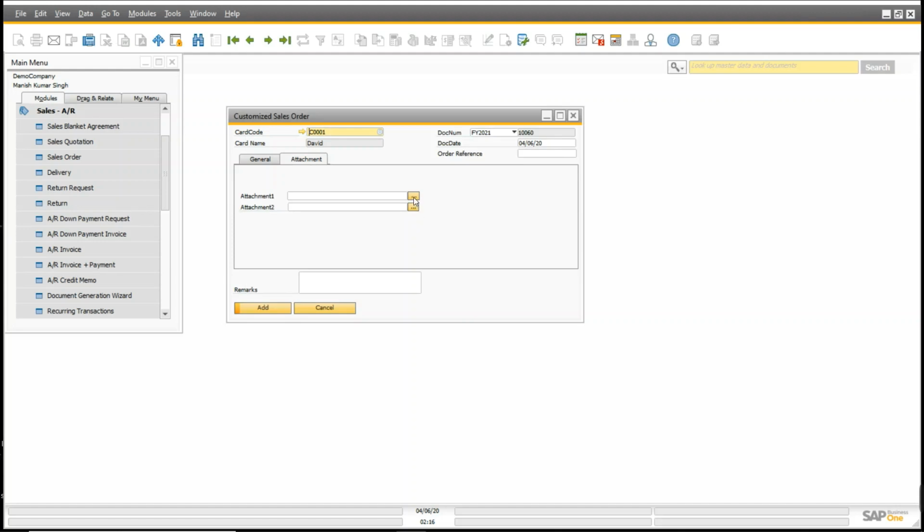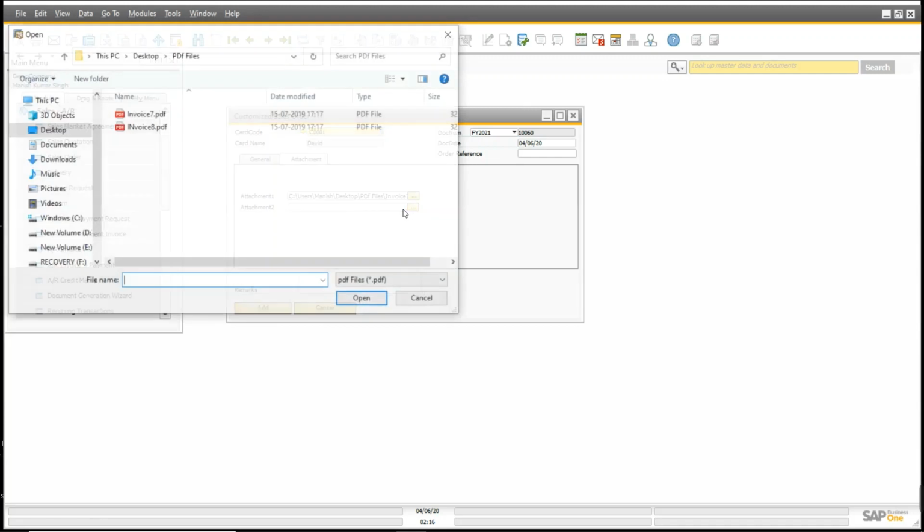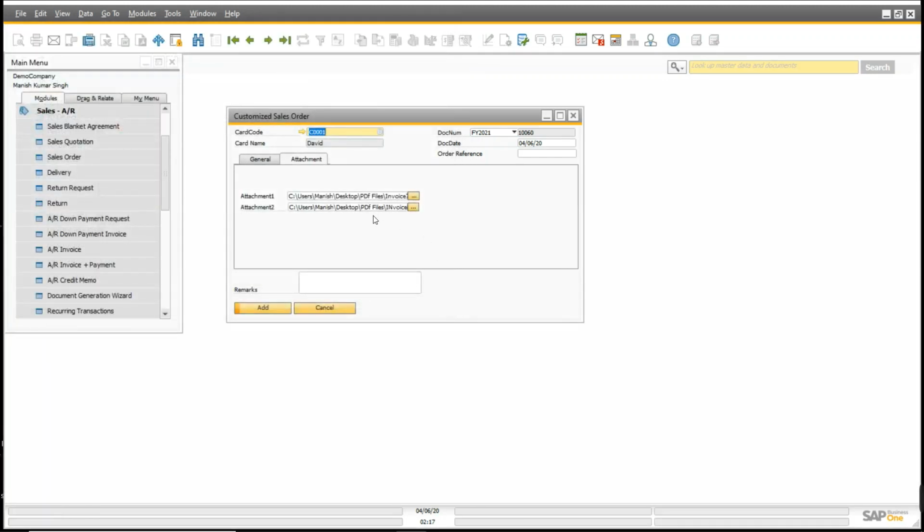We are going to select a PDF file, so invoice 7 and invoice 8 will be attached. We have given the option to select a PDF file so that the entire path will be saved inside these two fields. The first one is invoice 7, and the second one is invoice 8.